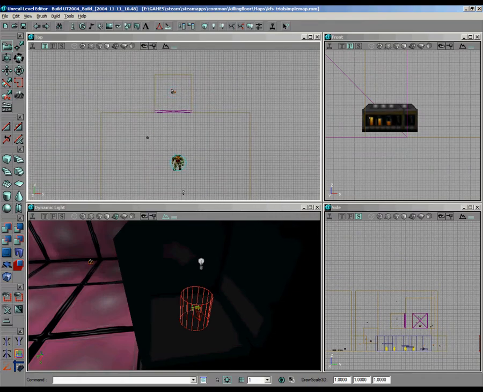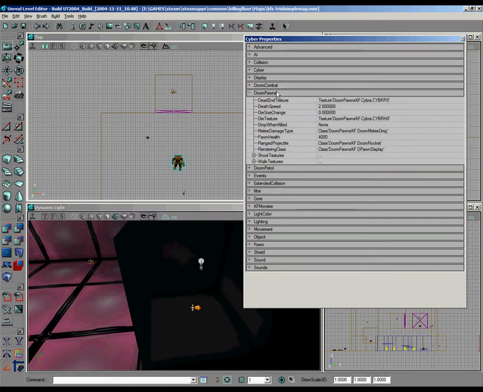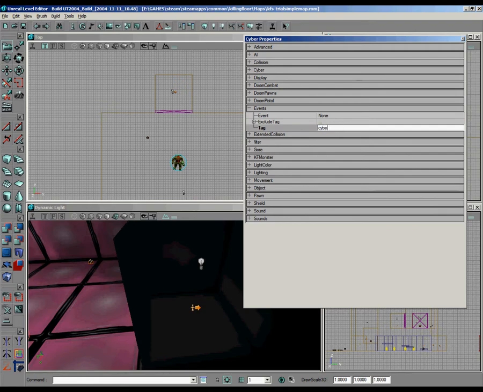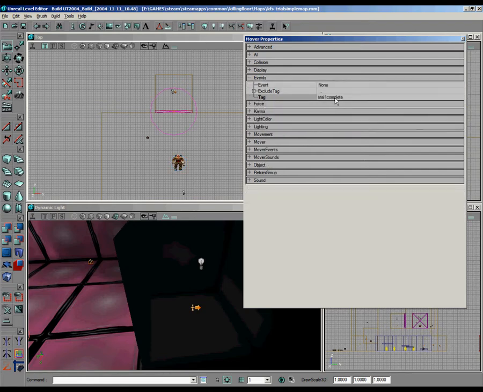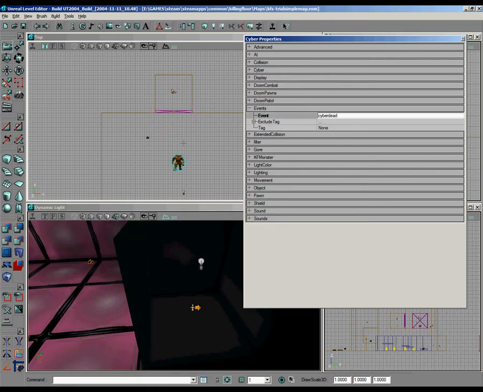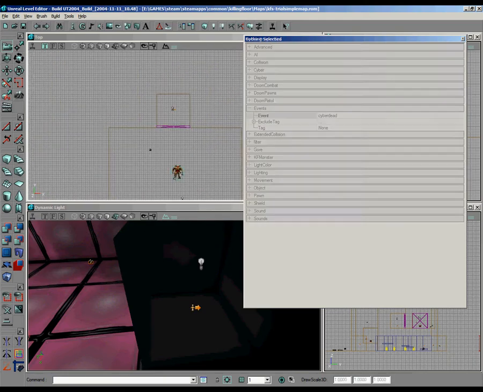But before we start, if this mob dies, it has to trigger the event. Let's quickly see how I do this again. I haven't really bothered that much, but I think it's just an event tag. I think it's just cyber death. It'll basically be cyber death. No, it can't be. It must be event. My bad. So now, once he dies, the event will